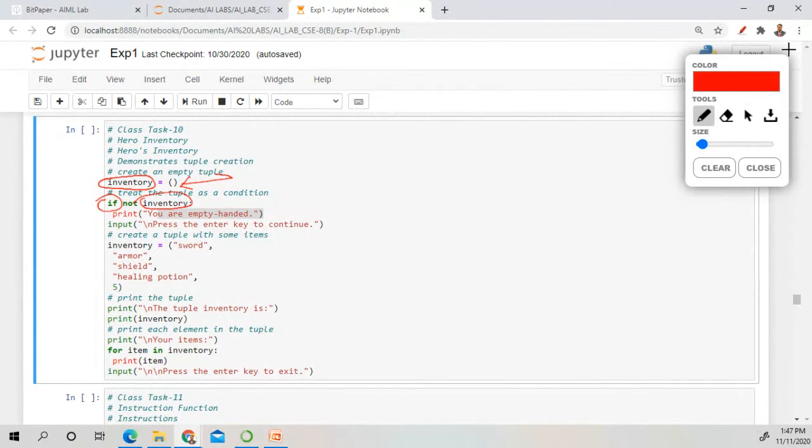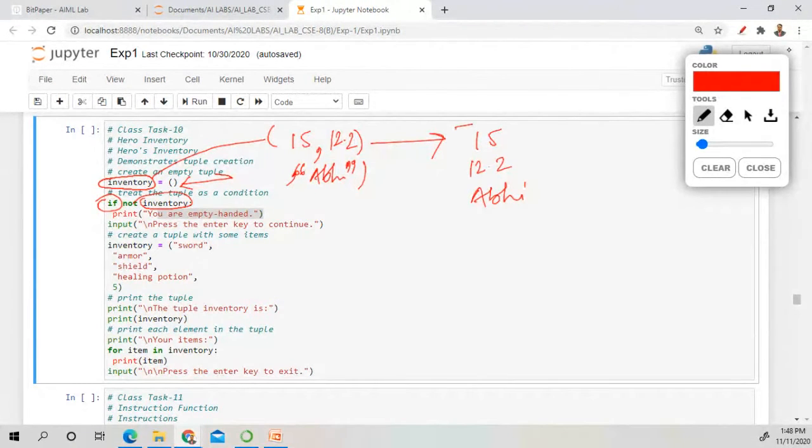If the inventory variable contains something, like 15, 12.2 and a string, it creates a tuple, so the variable contains something.